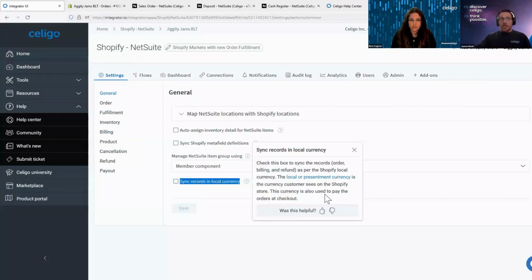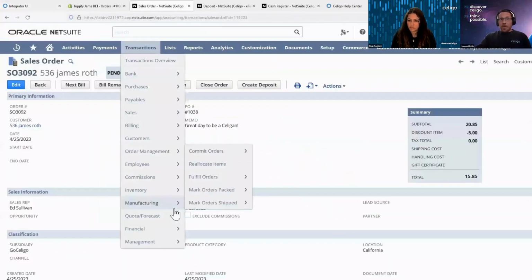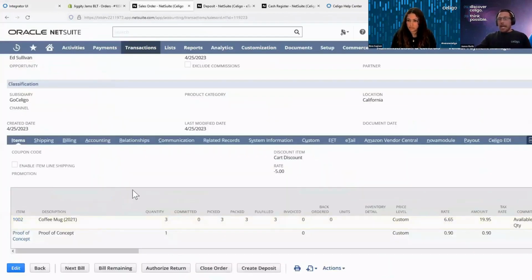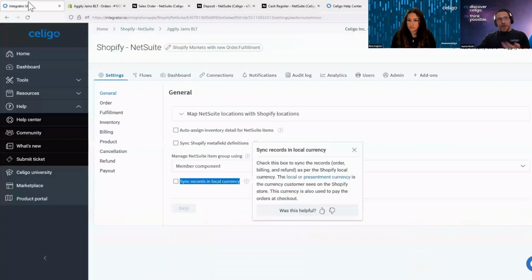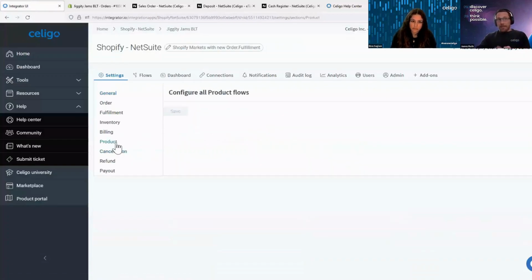So the order will look very similar to what we showed you here, right? But if this was a Canadian order, this would be the Canadian dollar amount rather than the USD. So the order should look the same. It's really just what amounts we're using to populate, not only for sales order creation, but also refund creation as well. Another thing to take note of within Shopify Markets, I know we didn't touch on product syncing,